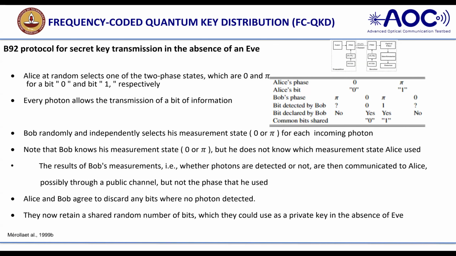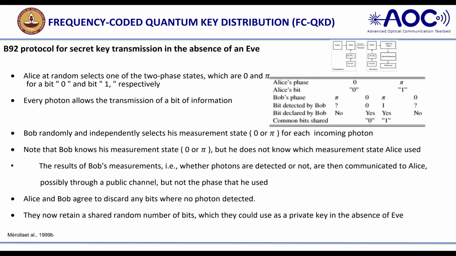So what Bob will do is randomly choose a phase, where the intensity depends upon cos square delta phi. Delta phi means the phase difference between theta 1 and theta 2. So for cos square of theta 1 minus theta 2, if the difference is 0, we get maximum interference. If it is pi, we have low interference. Bob also chooses randomly. If he doesn't know Alice's phase and chooses wrongly, you will not get an interference. But if Alice transmitted 0, and Bob also with a random phase has selected 0,